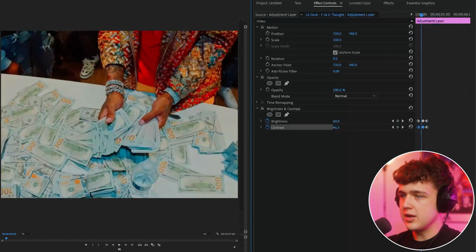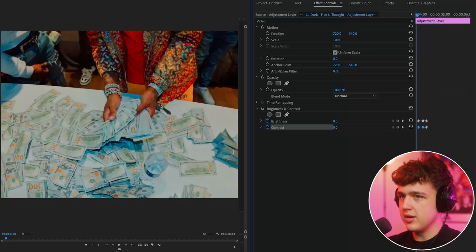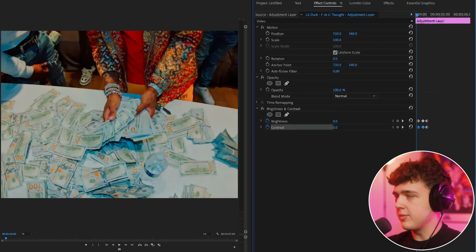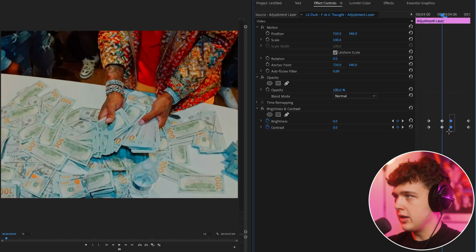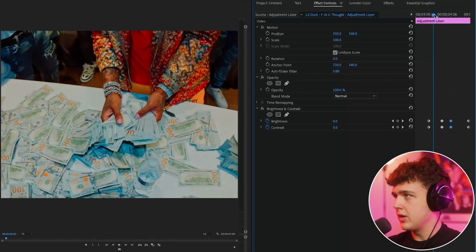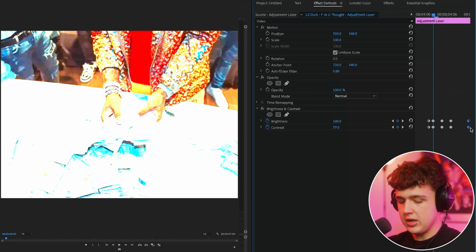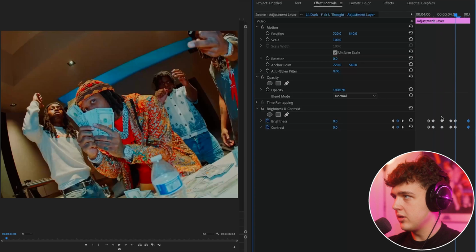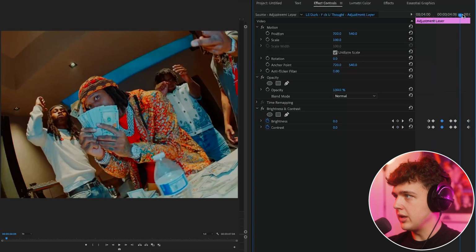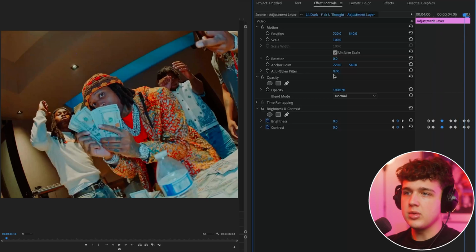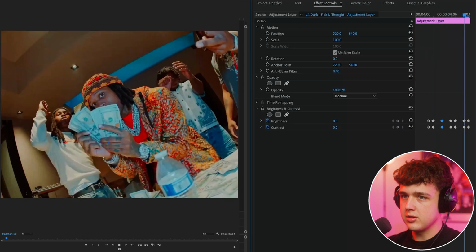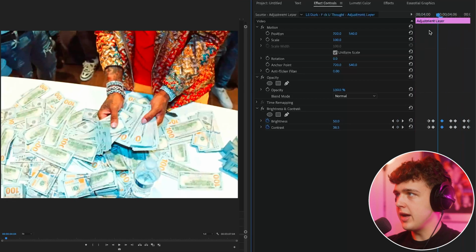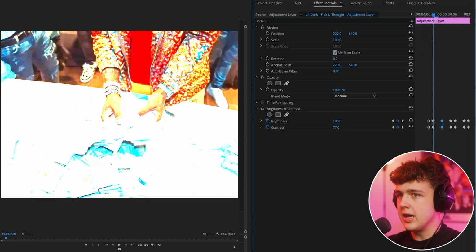So that already adds a nice transition as it brightens up, but you can mix around and get something really crazy, especially if we zoom in here and we copy this keyframe and we put it like here, and then we copy this bright one and we put it here, and then we copy this one and put it here, copy the bright one, put it here. You're just mixing around. You're going from light to dark, bright, we get something like this. So we get a nice flicker there,